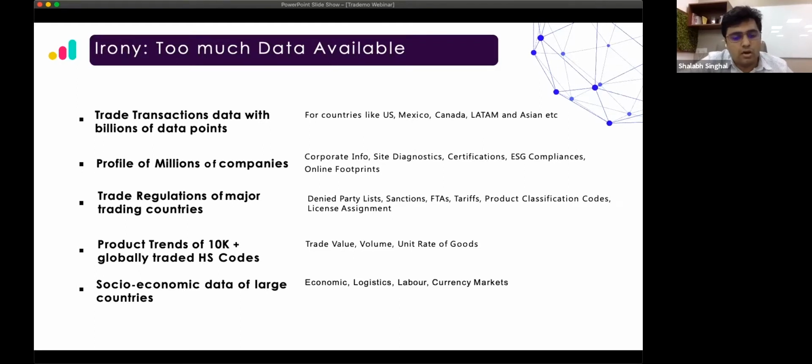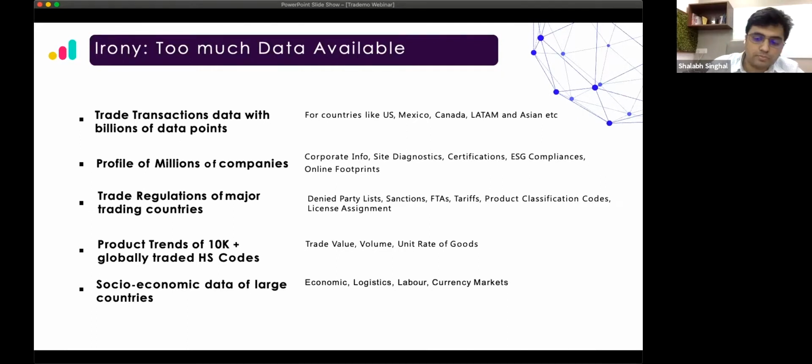And as we know, all of these goods get classified into some 10,000 odd different universally identified HS codes, there is a lot of data which is published around the trade value, the volume, and the unit rate of these goods on an annual or a monthly basis. And then definitely there is data on the economic, labor, logistics, currency related markets of all the major trading economies